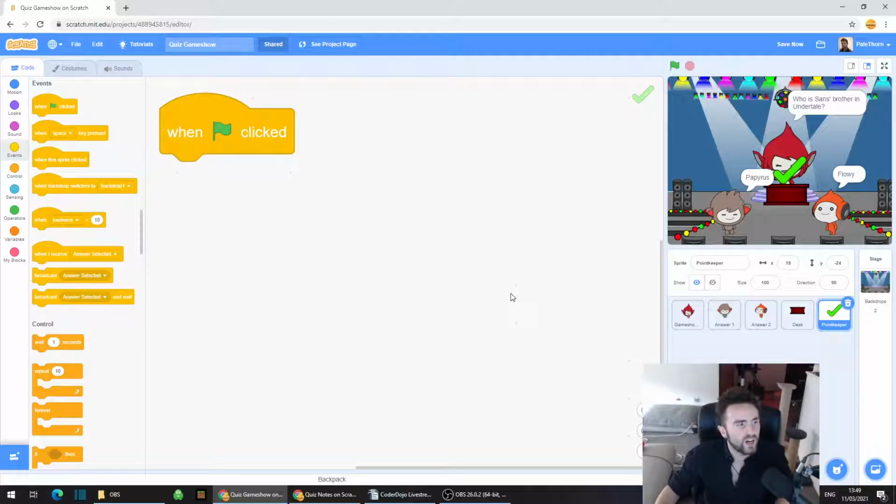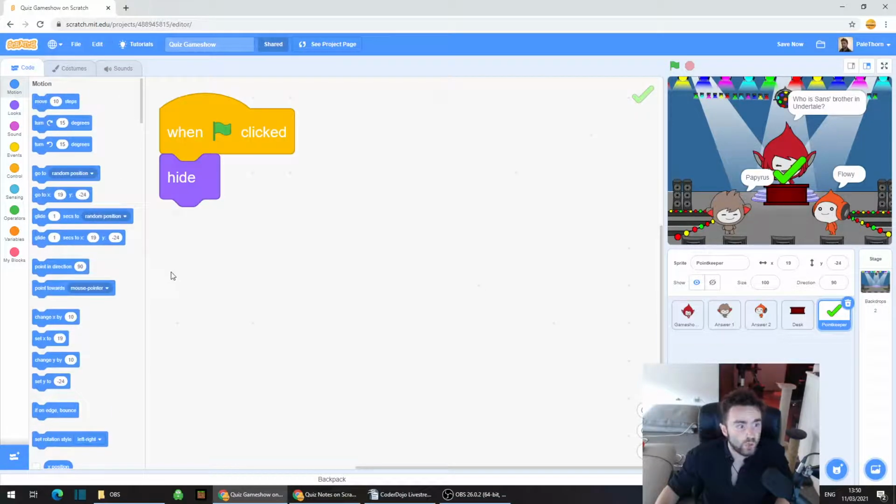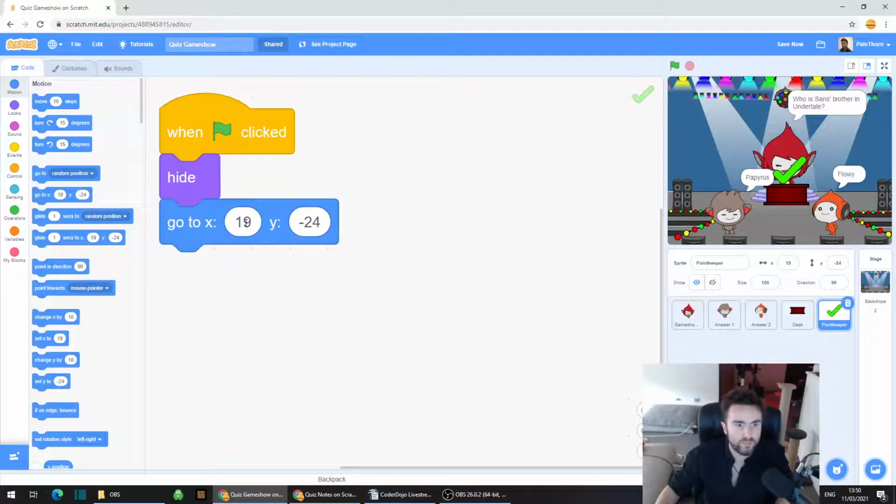Okay. We're going to go to looks, the purple category. We're going to pull out a hide to make sure at the beginning of the game it disappears. We want it to go to the middle of the screen. So go to the dark blue category motion and pull out go to X and then a number, Y and then a number. So I'm actually going to set the X to 0, which is the middle of the screen. And then I'm going to set the Y to -50 so that it's a bit lower on the screen,